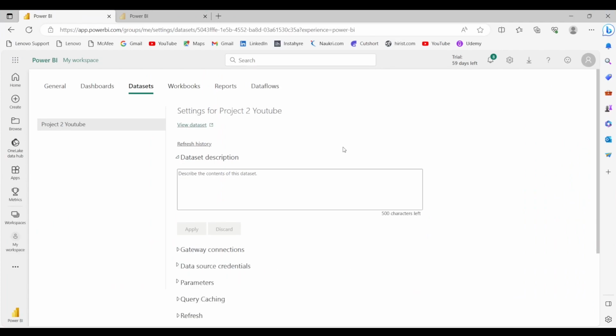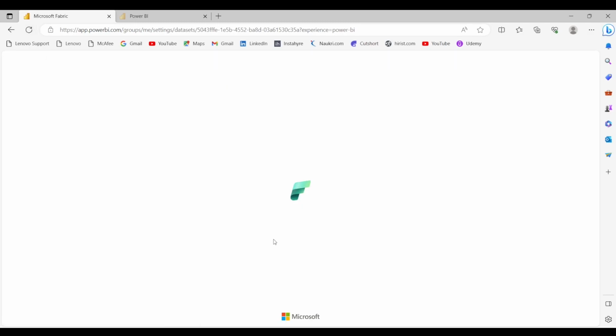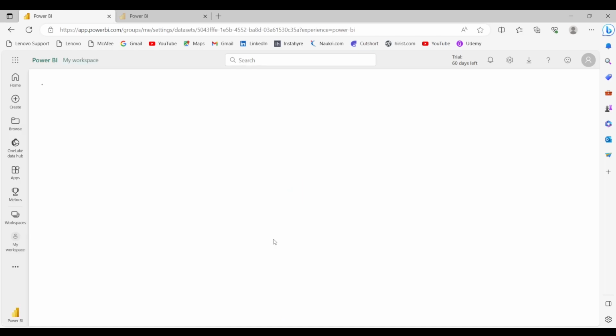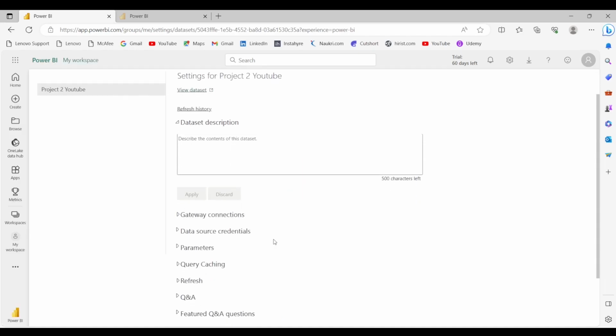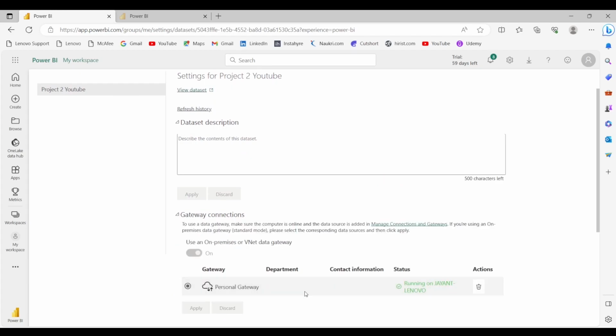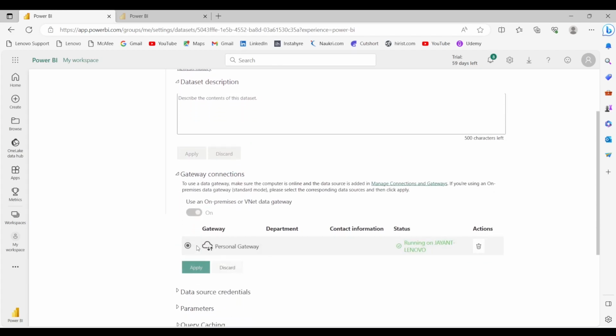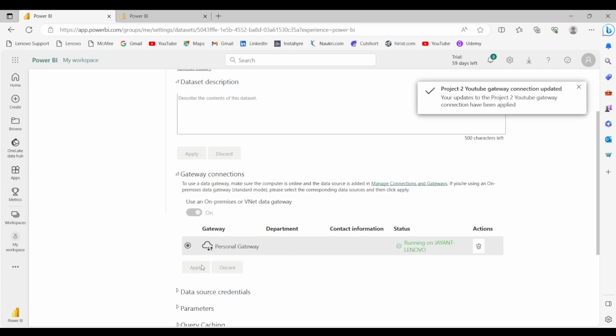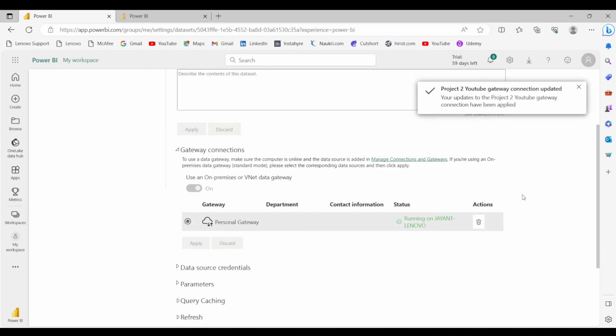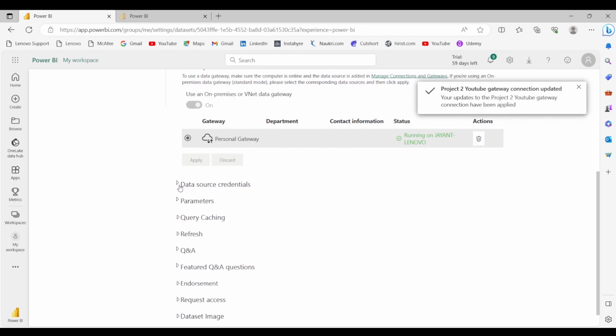Hey everyone, once you have downloaded and installed the gateway, you can now simply click here on this refresh button. You can refresh the page. Now when I will click here on gateway connections, you can see this gateway. Click on it, click on apply. So your updates to the gateway connection have been applied, and then you have to click on data